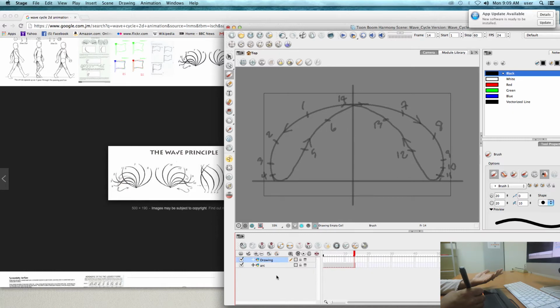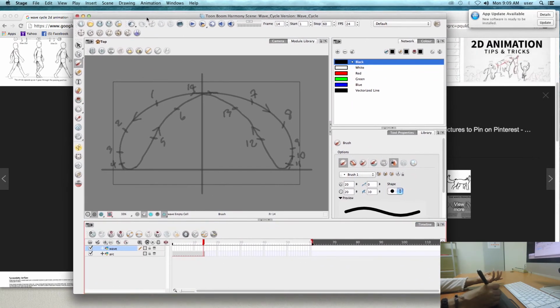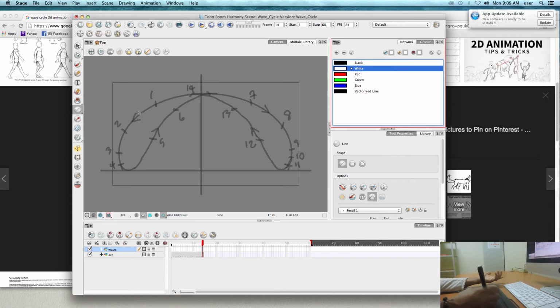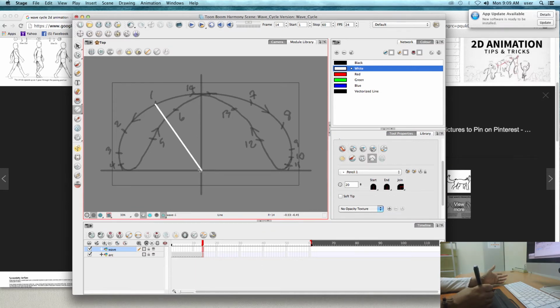Create a new drawing layer, and this will be my wave. Now this is how I suggest that you create. Harmony has some really nice features. And of course I'm going to change the color. Let me see what thickness we have. 20 is good. All right, so it's now just drawing straight lines from the points to this central point here